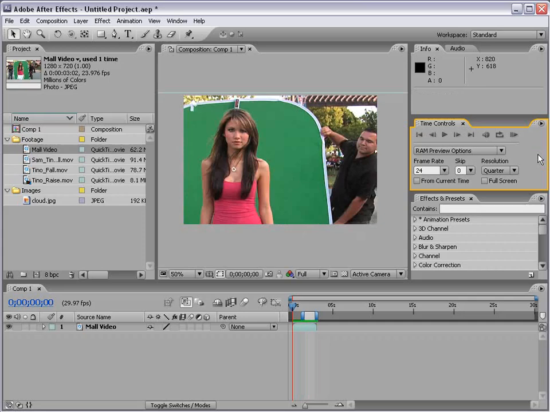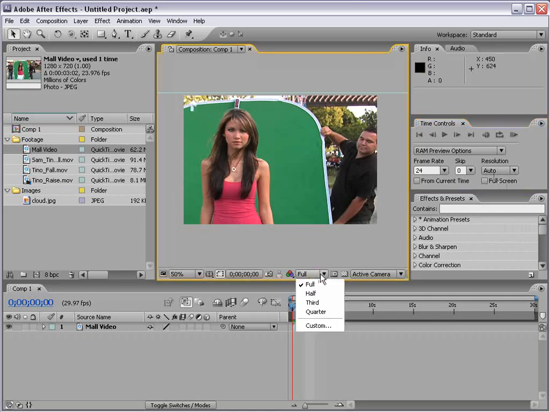We're just looking at the timing or the overall speed of the animation, and the resolution is nice to be able to adjust. Now, automatic will base itself on whatever the composition is set to. In this case, it's set to full, and that way it will render full. But if you're always working half, it will automatically render it back at half resolution. So, pretty helpful. Now we have some other time controls here, but frankly, I don't ever use them because